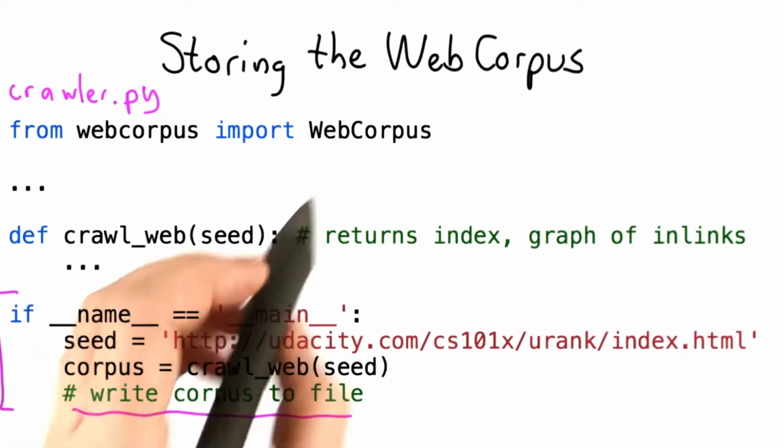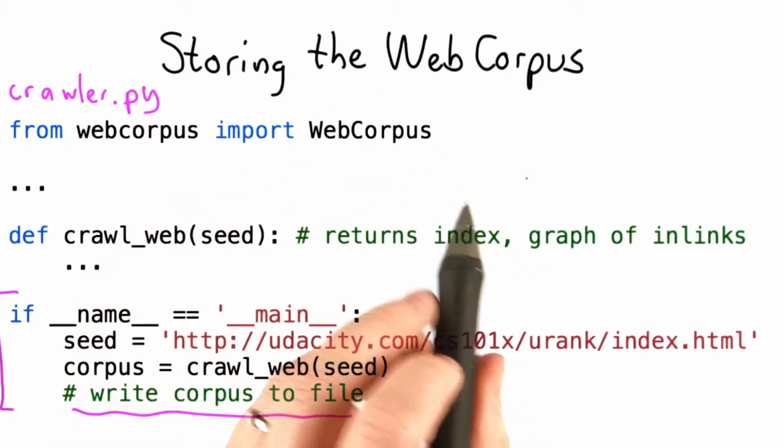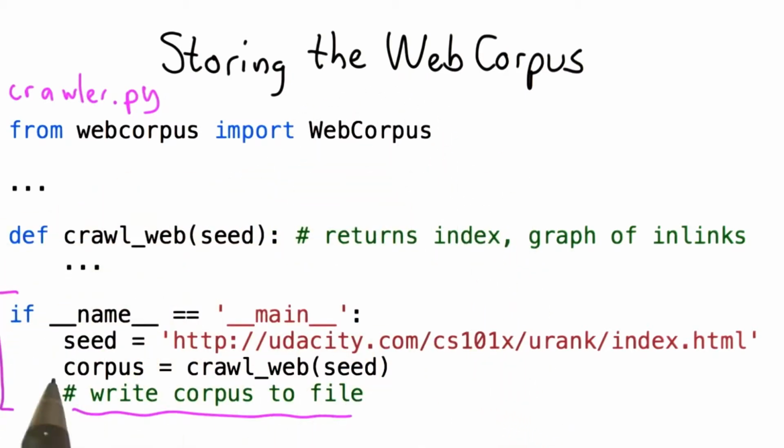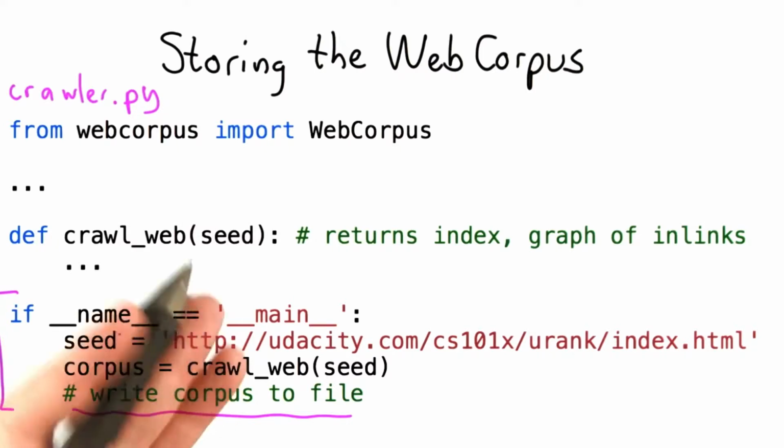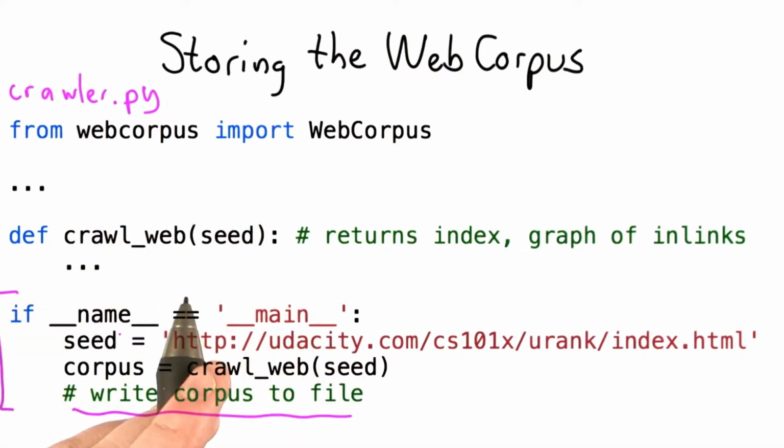We could do this ourselves. We could add a method to web corpus that would output the object in a way that could be stored in a file, just using the file write operations that we've seen. And we could have another method that would read it. This would be quite a bit of work. We'd have to walk the entire structure to store it.